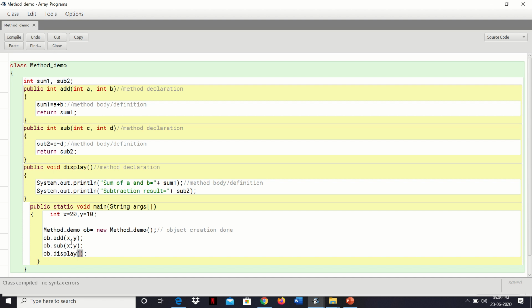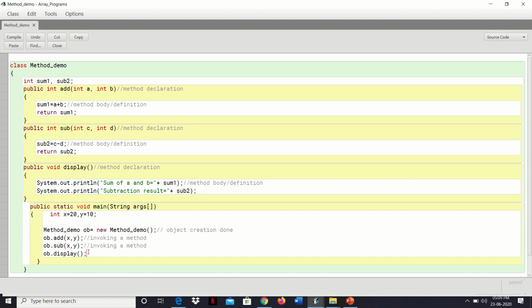The parameters we pass at the time of calling is what is called invoking a method. Comment statements are important in the board exams.